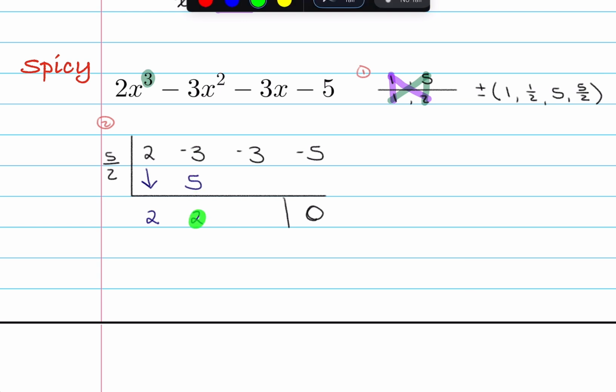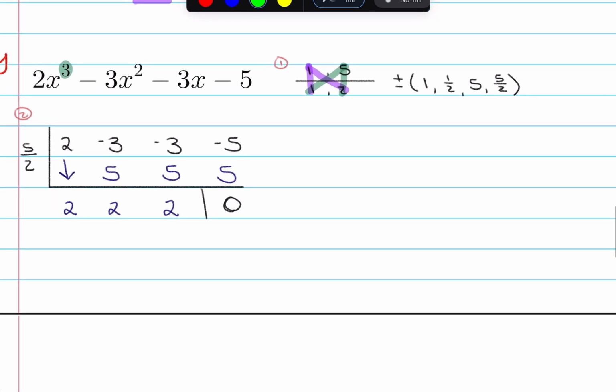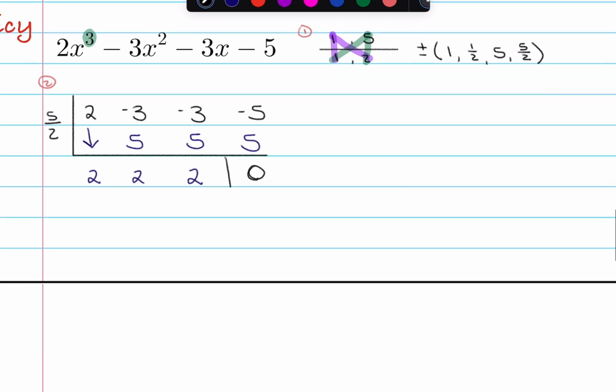2 times 5/2 is 5 again. -3 plus 5 is 2 again. And then I've got 2 times 5/2 is 5. And then -5 plus 5 is 0. So I know I got that right. Okay? So then what I'm going to do is move on to step 3, if it's